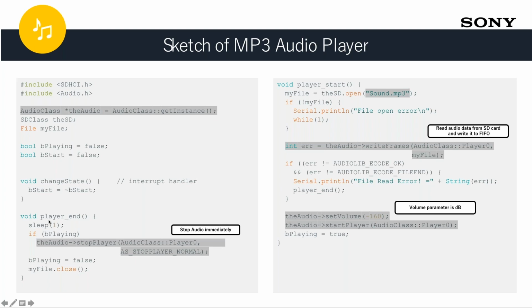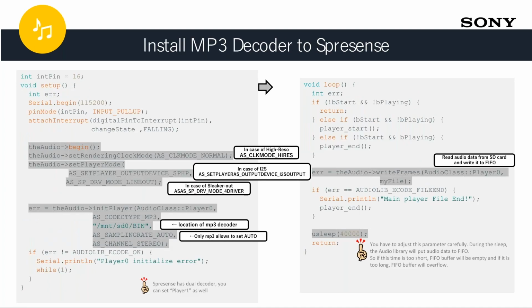We need to have player start, player end, and the volume and all of these things to set up our player. But the fun is happening on this side when you start the audio. What you need to set up is the clock. By default, the clock is normal, but we have high resolution. If you want to use high resolution audio, you need to change this parameter, AS clock mode, to high